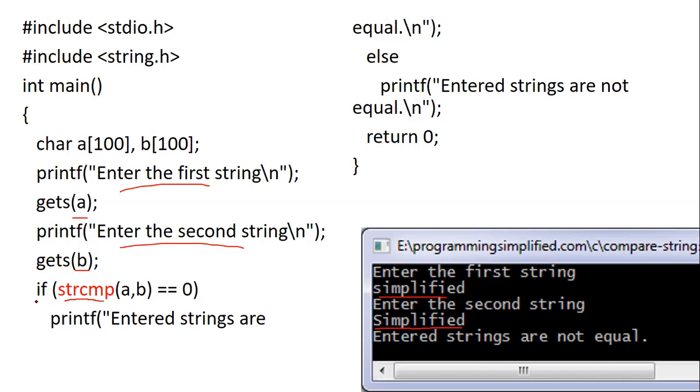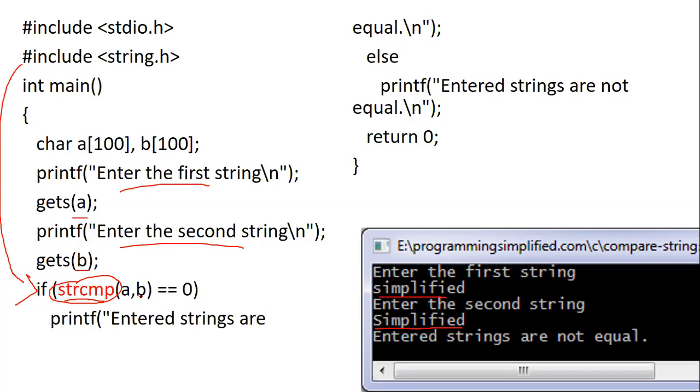In the next line there is a comparison. That means we are using an if statement for comparison. We are comparing using the strcmp function. The function is already written in string.h, so we don't have to code that function ourselves. We are using it to compare the two strings a and b.